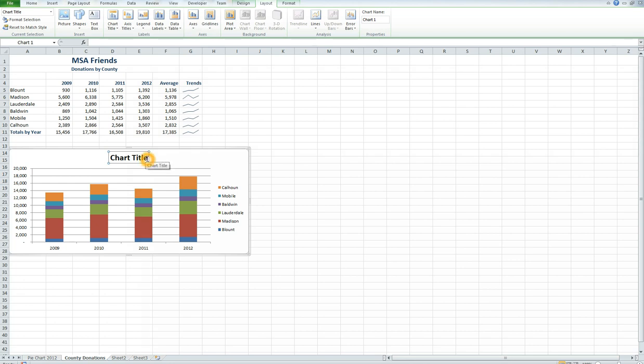Okay. Alright, and so remember, this is our chart placeholder. We click here. In this case, we want to select that placeholder text. And we're going to say donations by county. Okay, I didn't really want to hit that enter key that time. Okay, so I'm going to click off of it. Alright, so I have MSA donations by county. Okay,